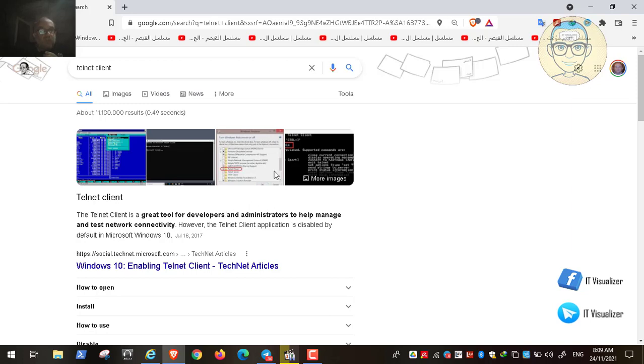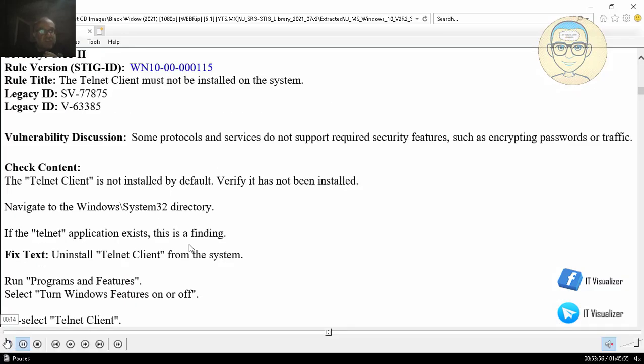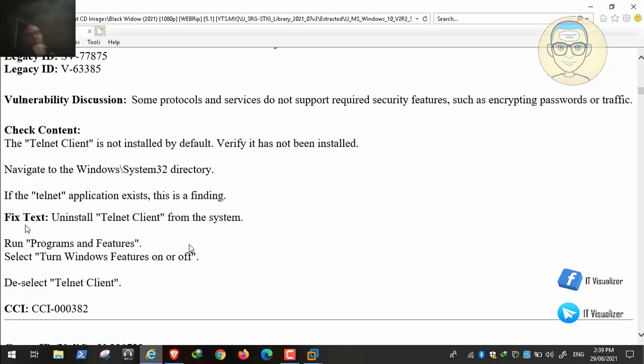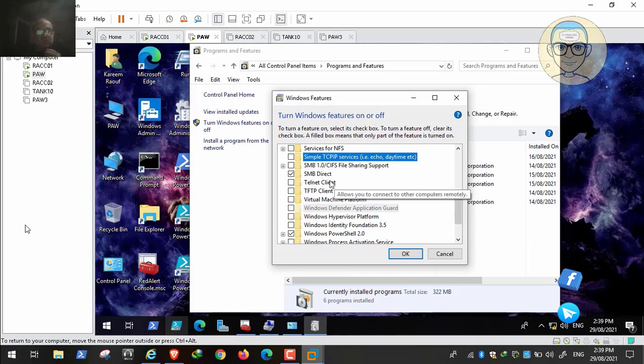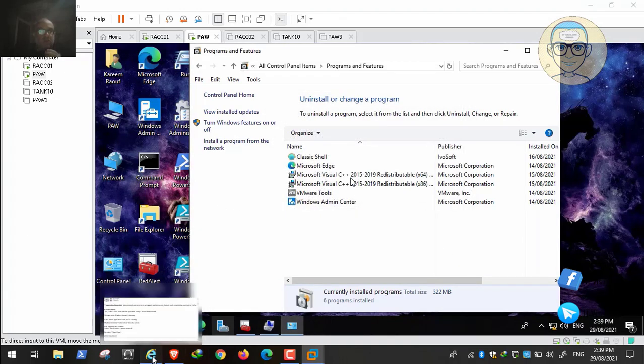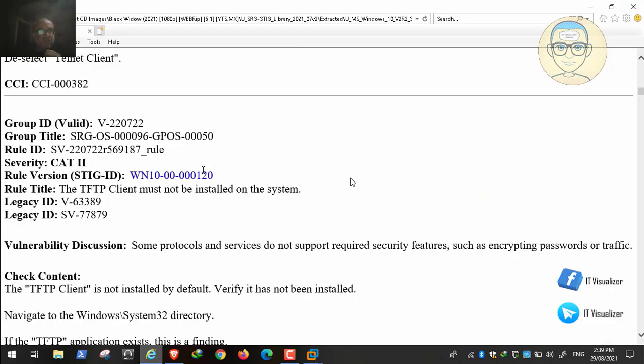Okay, so here we will check and see if this service is enabled or not on my device. So let's go and see if we have the Windows features. Let's see if we have the Telnet Client installed on my machine or not. So let's go and see. We don't have the Telnet Client, so this is a good sign. Now let's continue and see if I have. There is something called